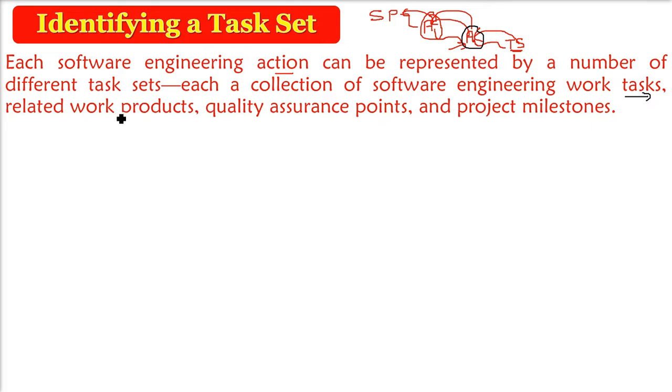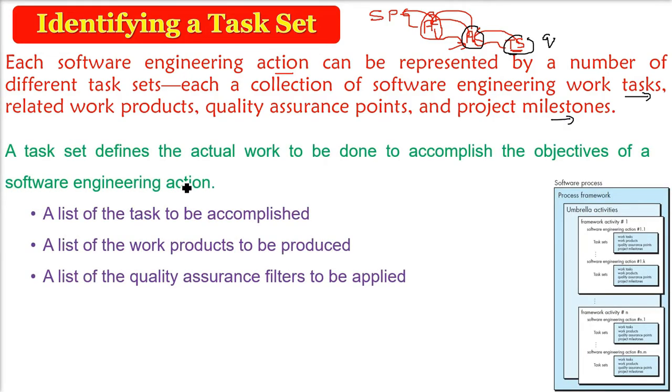activities. So we are talking about the work set, which will be related to your work product and all the quality assurance points, because whenever we are doing certain tasks, we have to ensure the quality, and also do it on time. That is, we are talking about project milestones here. So the work task is the final entity which is collectively done for all these. So a task set is the actual work done. Please remember, the actual work done. This is the definition of a task set. A task set will define the actual work, because you have to complete a certain action.